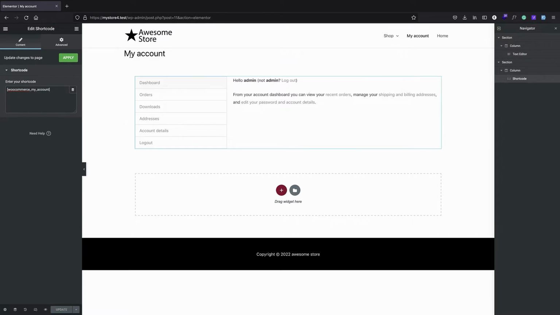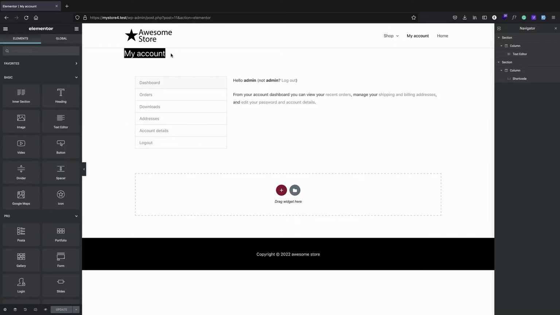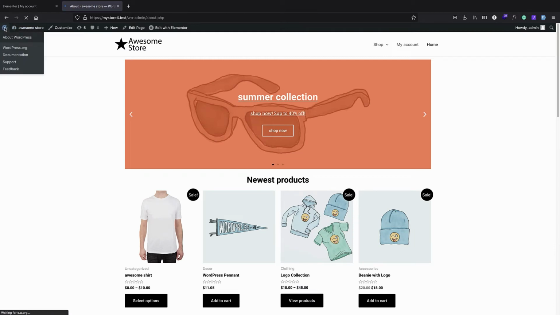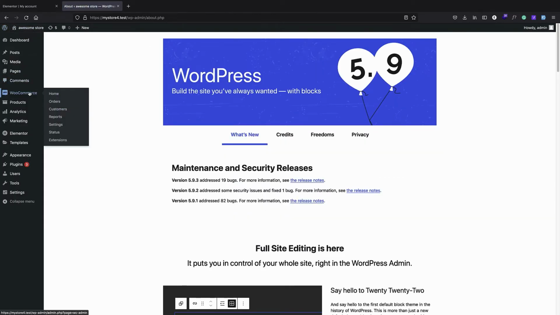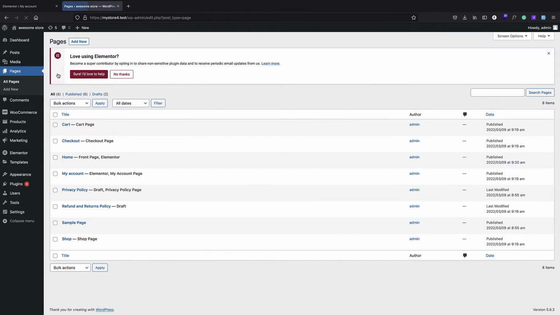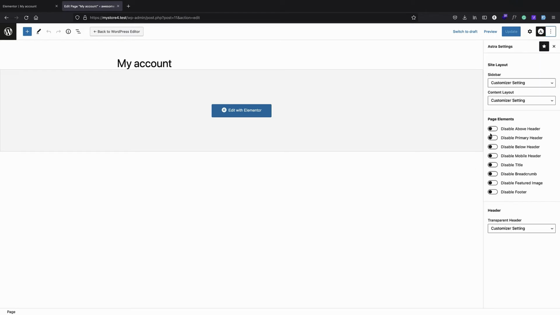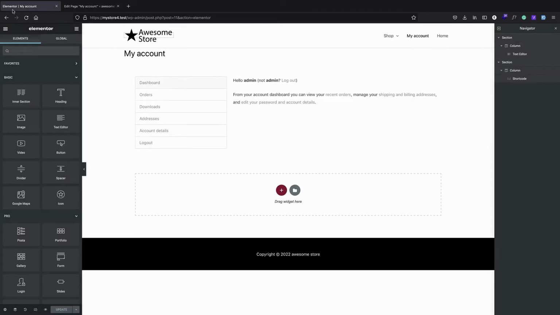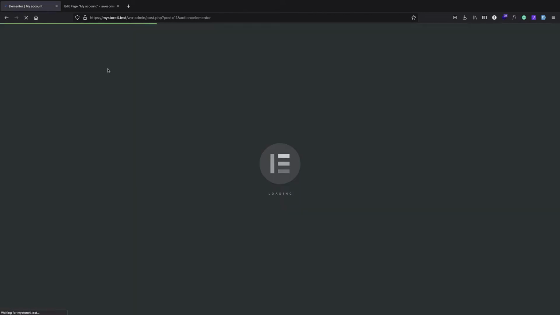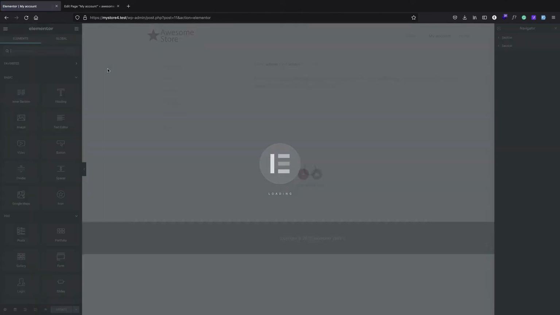Fine. We also are seeing this My Account title. This is actually the page title, but we want to turn it off, and it's very easy. So in the Astra theme that I'm just using, I can just bring pages, all pages, and select My Account page and just turn off the title in the Astra settings, so I can just easily disable the title here and update. So that will just work with the Astra theme, and many themes have the feature to just remove